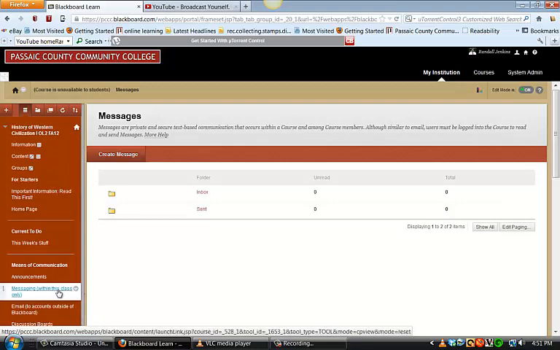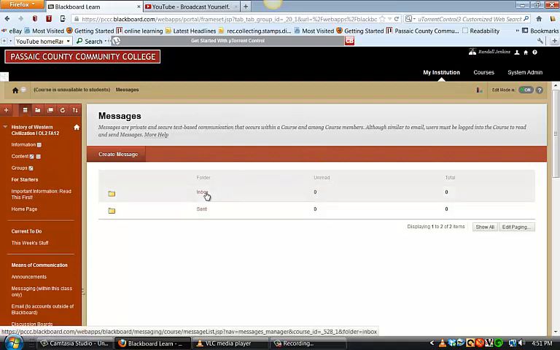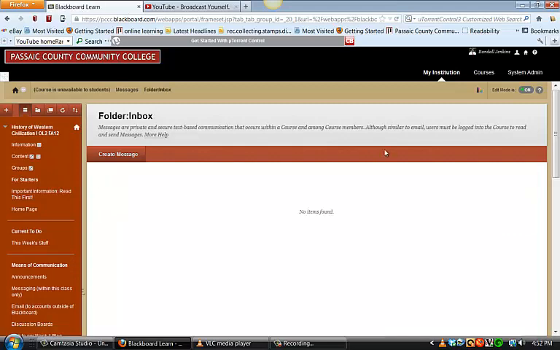You cannot message outside of the class. You cannot message from the outside of Blackboard into the class. These are for communications to your classmates and myself only. To see how this works, click the inbox. And although there are no messages there currently, if you wish to send someone a message, you would simply